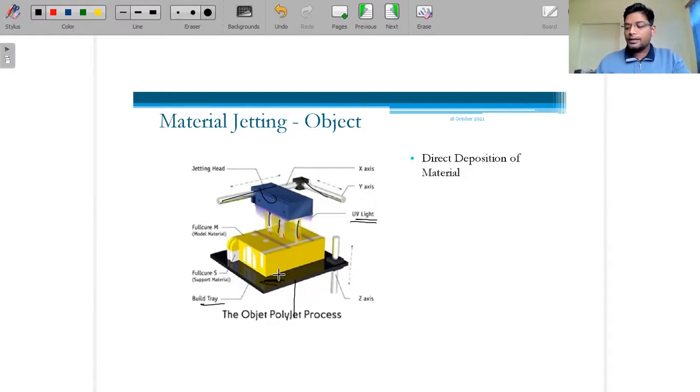The reason is, for example, if we have to produce these specs: if this is plastic, this is the fiber, made up of fiber, this is a hard plastic, and this is a low soft plastic. So three different types of material are needed to manufacture these specs. A similar kind of product we can produce using this technique.